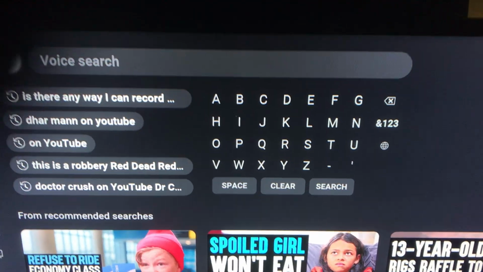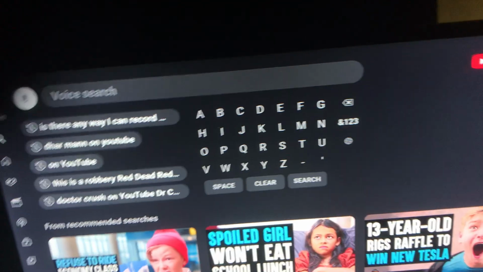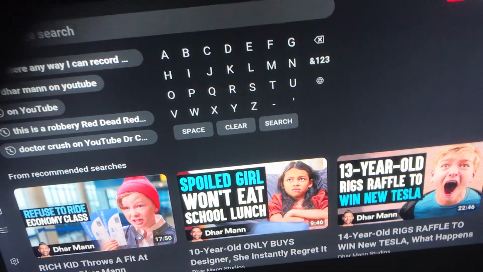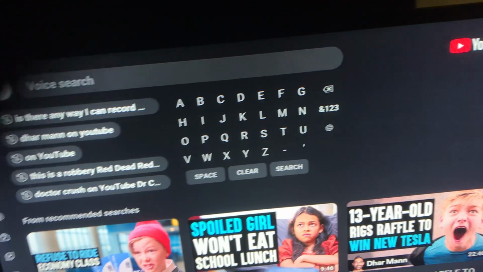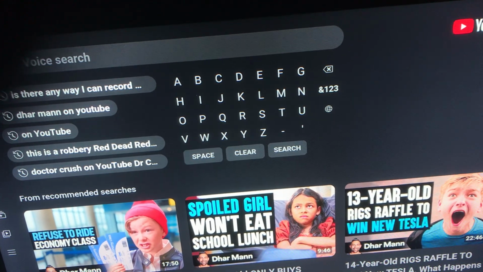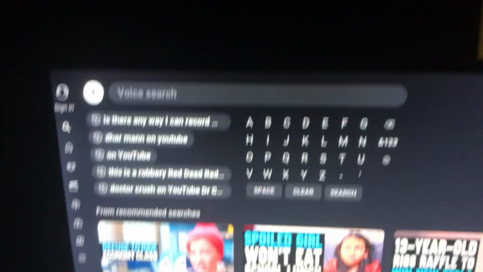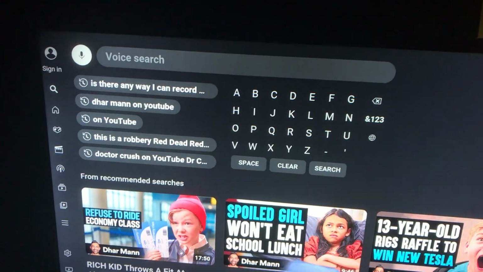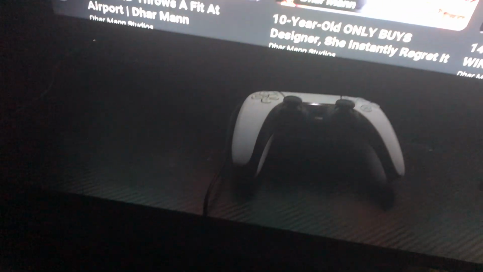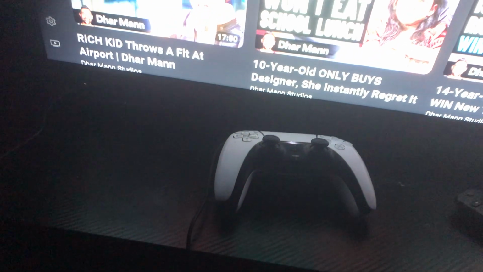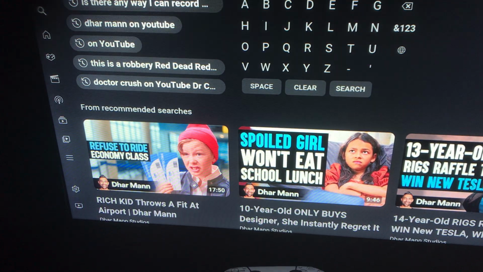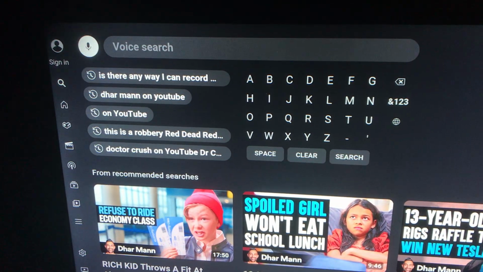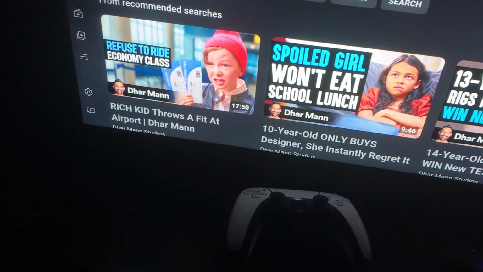Recent search. Tap or hold to search with voice button. Boom. Tap or hold to search with voice. You will need a microphone to do this, but guess what, guys? We're on the PlayStation 5, and on the PlayStation 5, we have a built-in microphone that is standard with our DualSense wireless controller. And actually, it's the button,